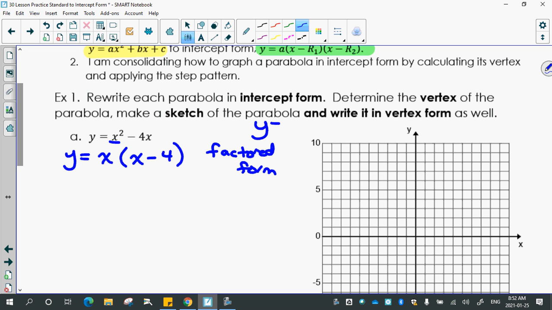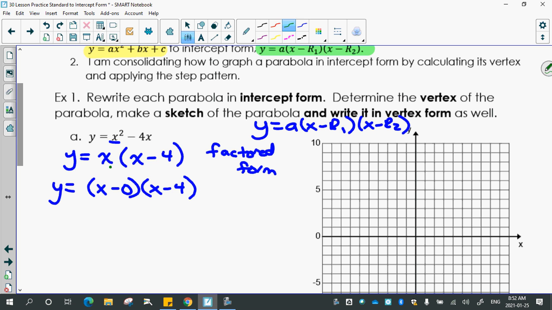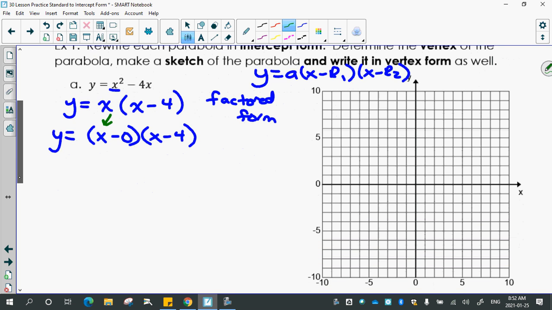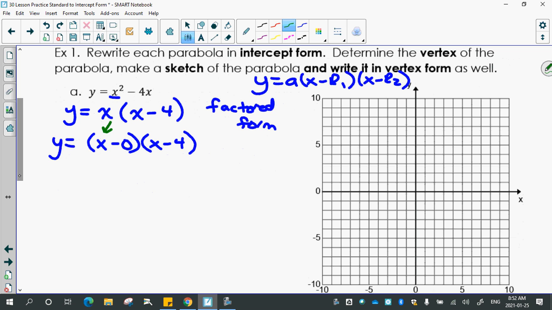Then we want to exaggerate it into this intercept form. So in our case, we don't really need to write the 1 in. I think we're pretty good with it, knowing that if there's no number up front, it's a 1. But we can exaggerate that x to make it x minus 0, so that the intercept pops out at us when we're looking at it. So this x we rewrote as x minus 0. You don't need to do that. If you just know if there's a plain x there that the intercept's 0, that's fine. But this is helpful to show what the x-intercepts are. So at this point, you've got it into intercept form now,